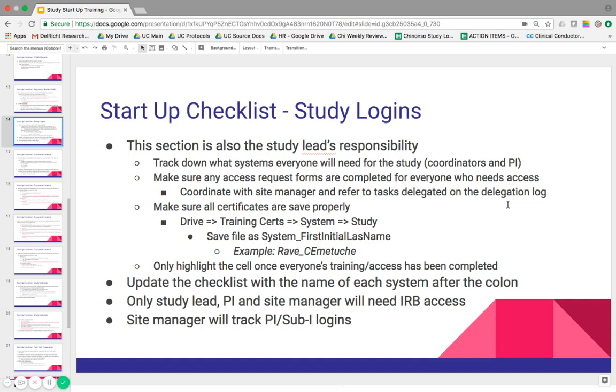All those portals are not always going to be granted to everyone, especially with the sub-Is and PIs. We have to be careful because then we'd have to keep up with their accounts, and it can easily become inefficient. So after you identify the systems and people complete their trainings, you're making sure that all of these are saved